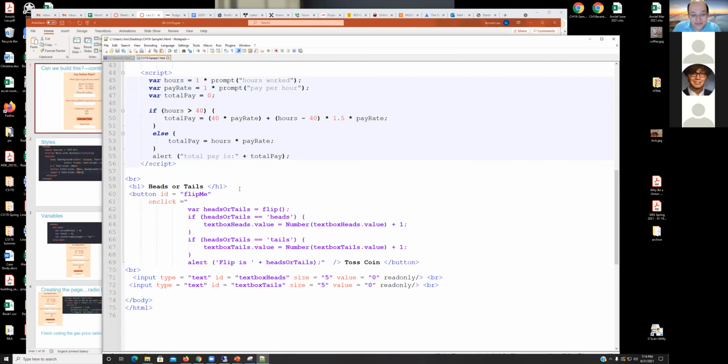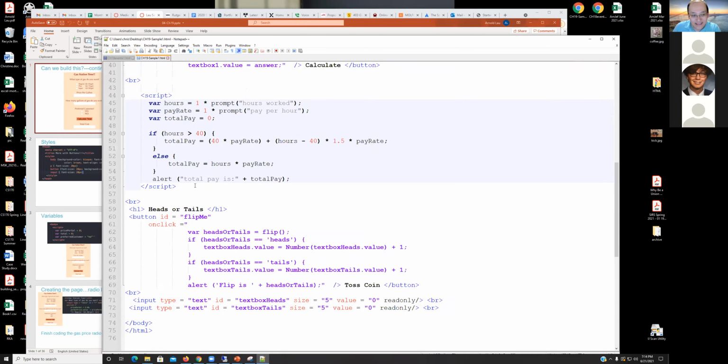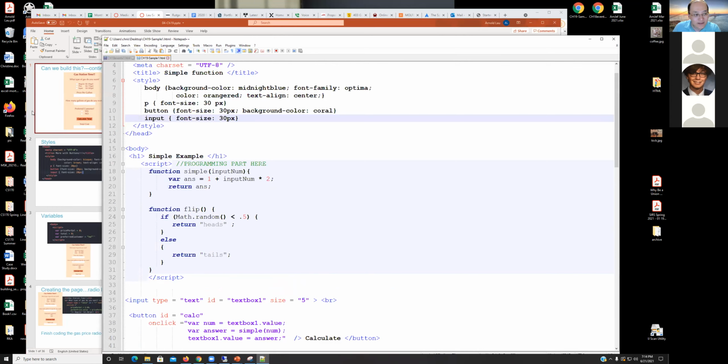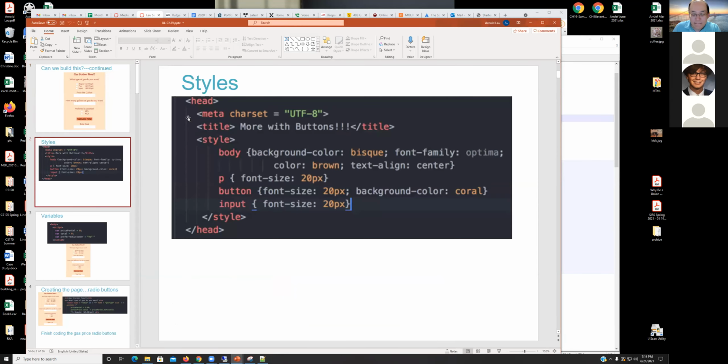Oh, this one's different. This is to calculate your pay. And then we have the heads or tails here. So let me go back to here. This one is basically setting the background color. So this is the head, right? You can see the head up here. You can see the background color to be this bisque color. And then the fonts, you have your alignment to center. So the stuff should all be in the center, your font size, what your button should look like, and your